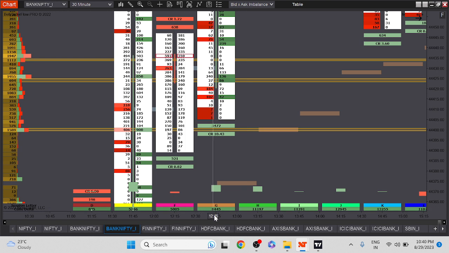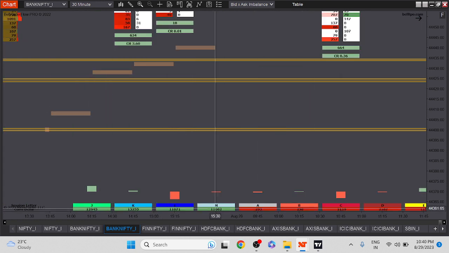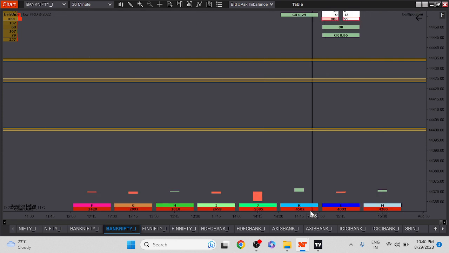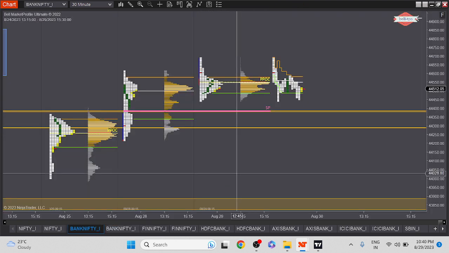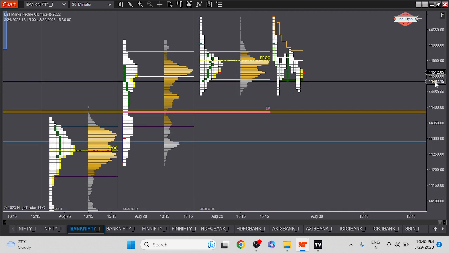If you see yesterday's moves, we had a good amount of buying on the order flow. If you see the numbers, 8,000 contracts, 11,000, 12,000, around that. And today it was just 3 to 4,000 contracts, so we don't have a momentum today. Yesterday we had a momentum. So this way order flow helps the small retail people who are mainly the option buyers in the markets.